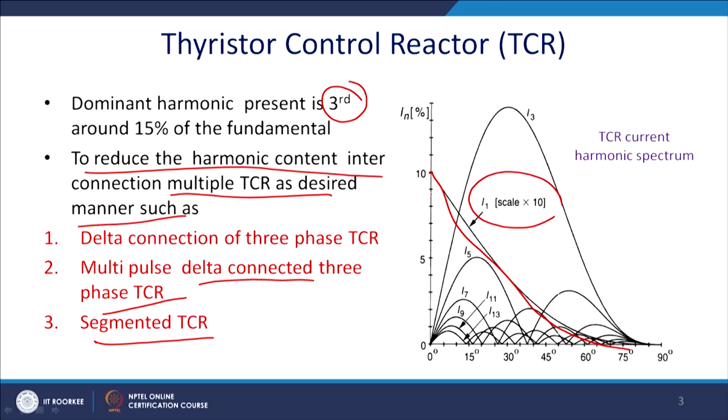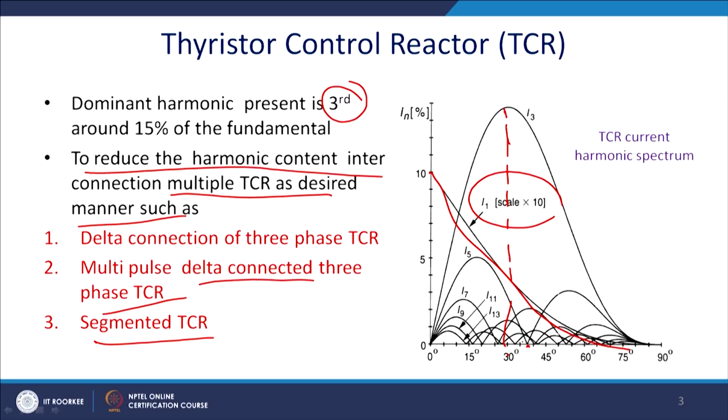maximum just below 30 degree or around 30 degree, and it will be the most dominating harmonic. We require to suppress it, and unfortunately you can see that within any angle between 0 to 90 degree it cannot be suppressed. Thereafter the fifth harmonic, you can see that the fifth harmonic will have a 0 here.